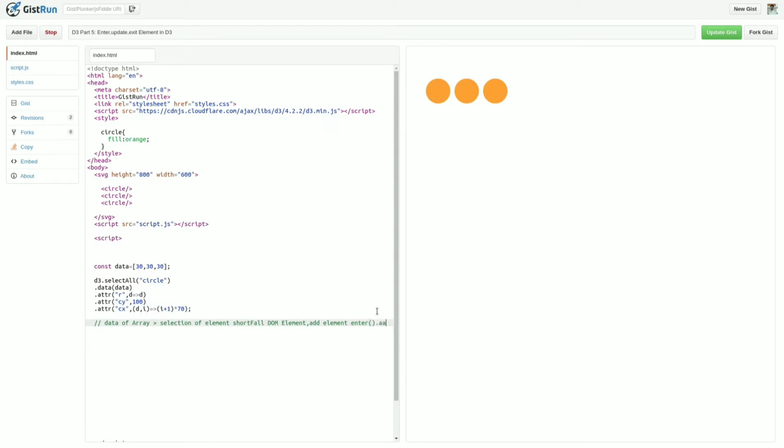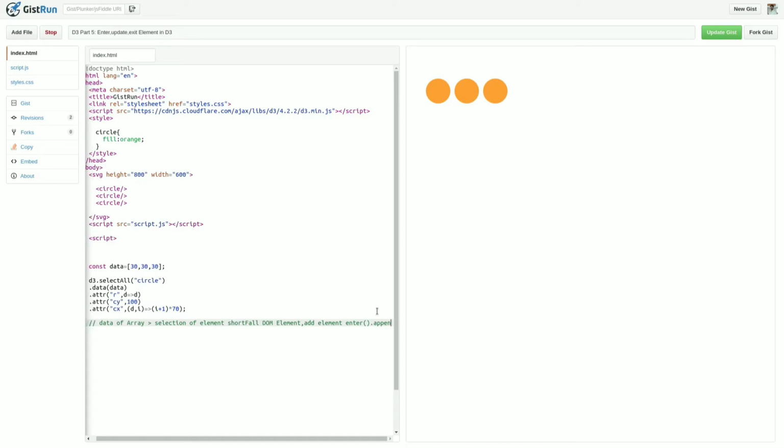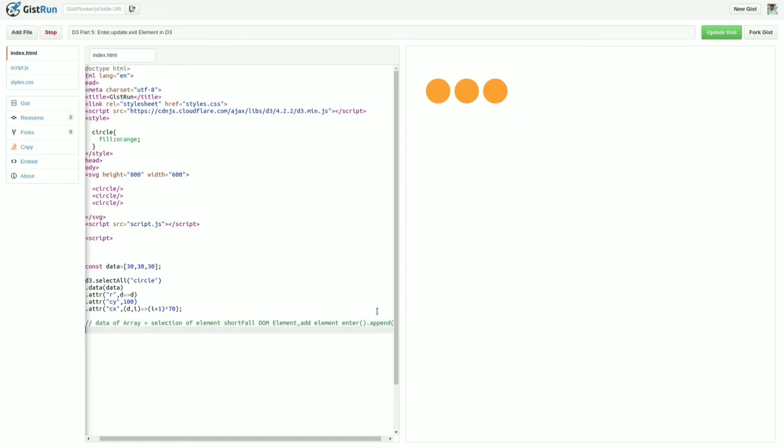dot append. Now what happens if the array of data is less than the selection of elements? This situation is called a surplus of elements, meaning your element selection is greater than the data you have provided.